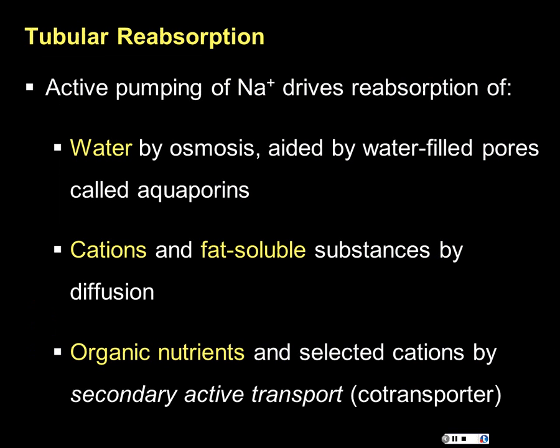All right, so we learned as well water can osmose in. Our charged particles can diffuse through channels. Lipid-soluble substances can diffuse across cell membranes. We already showed with the previous image that organic nutrients can be selectively transported across the cell membranes as well. So we filter, then we reabsorb, and